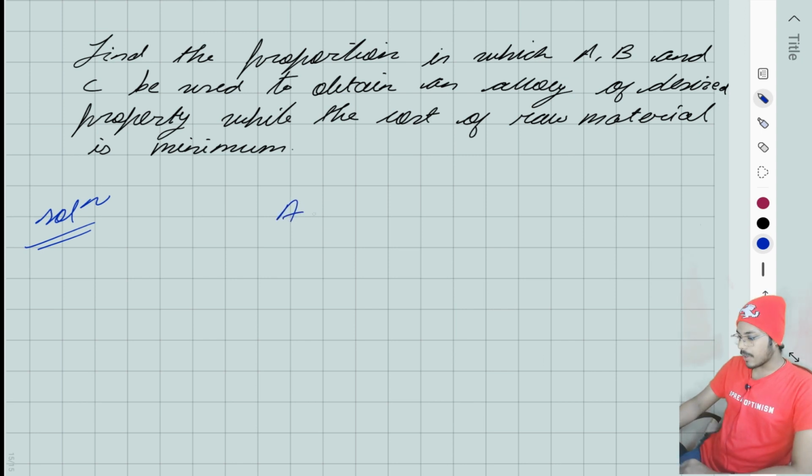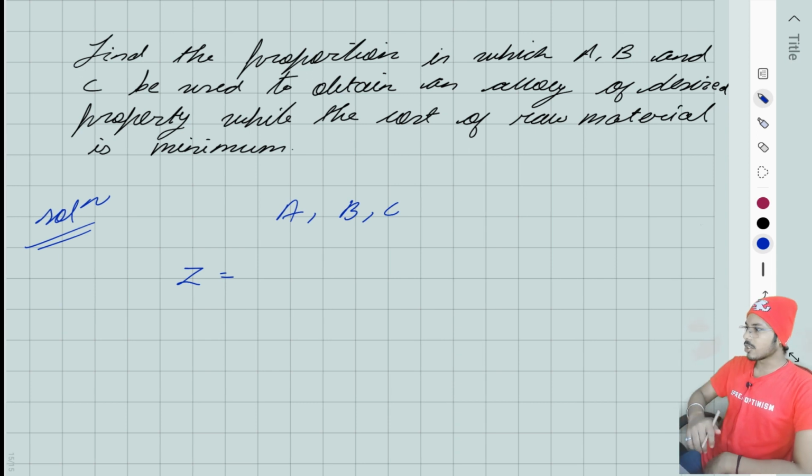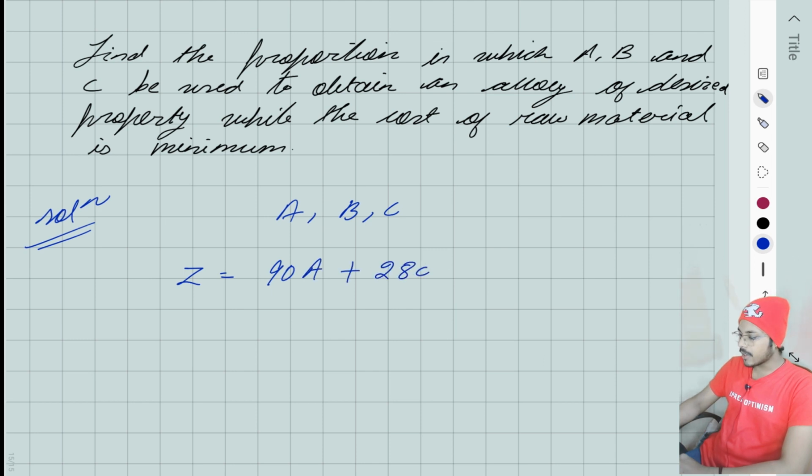Okay, so we have A, B, and C, and we have to maximize the profit. That is, we are getting the profit per ton of 90 rupees for A, 280 rupees for B, and 40 rupees for C. As I have told you earlier how to calculate the profit, write it yourself and then come to the video and see the solution. So I am writing for you 90x1, or you can take A, plus 280B plus 40C,